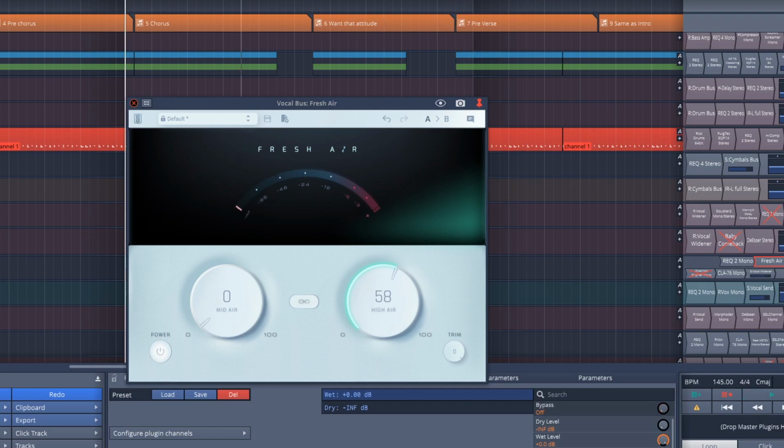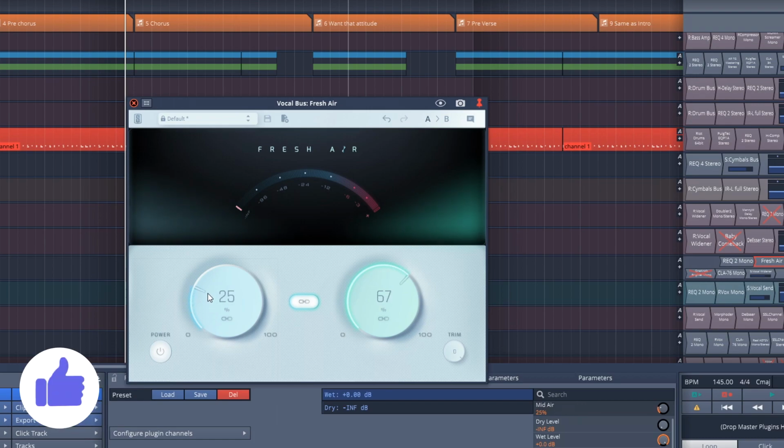So you can hear how if we were to combine the two controls, it would really help your vocal to stand out. And you'll also notice in the middle here, we have the link button. So that will link these two together. So say we had this over to the side here like that, and we have that one there, and we want to adjust them so they are equal distance apart as they are now. We would just click that on. And this can really help with your fine tuning.